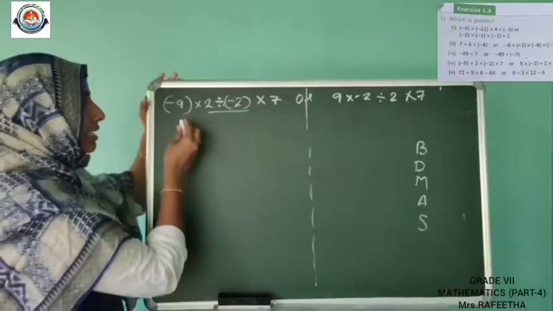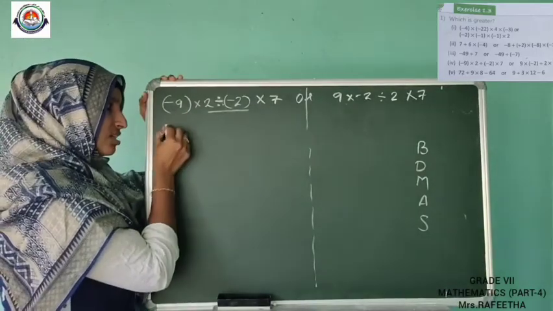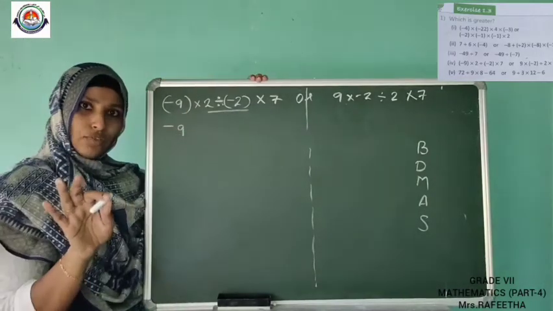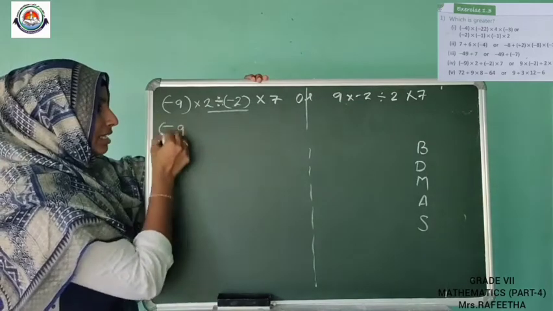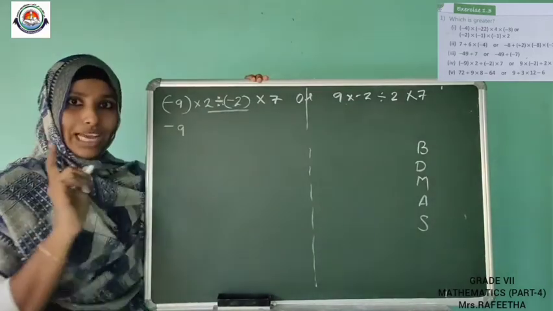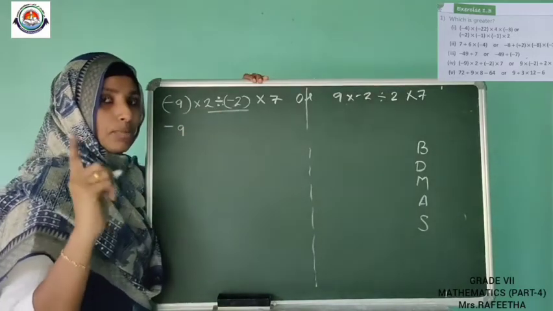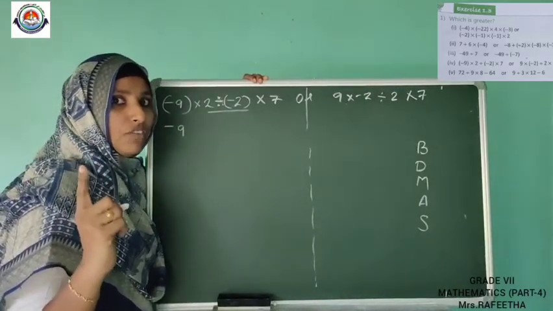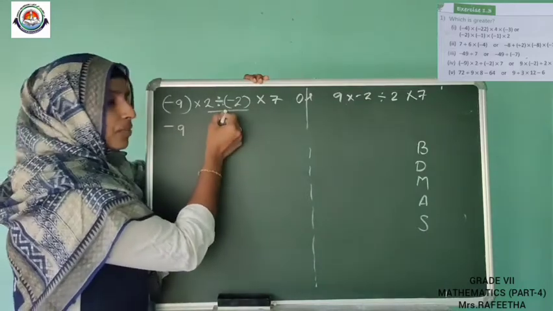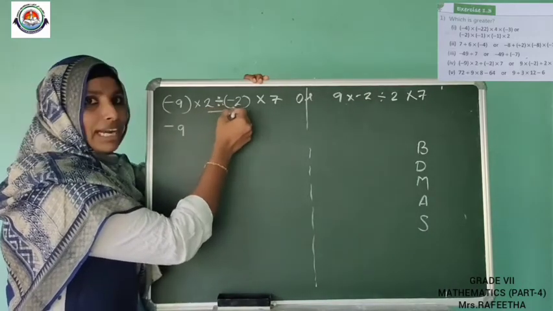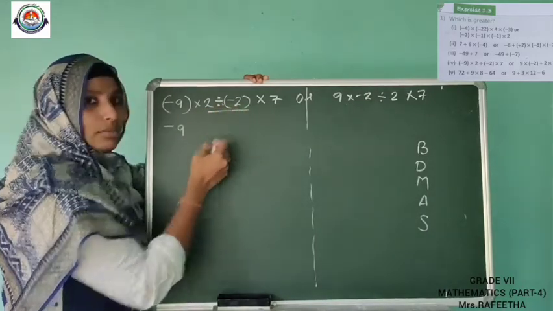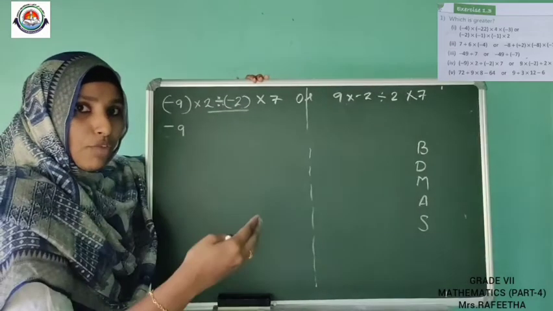So here the bracket, that is minus 9. We can just remove that minus, that is enough. No other problem. Okay. So minus 9, you don't need to bother about the brackets. So minus 9. Then what is next? Next, the preference goes to division. So where is the division here? Yeah, that is here. That is 2 dividing with minus 2. So 2 divides it. We have studied that just before class.